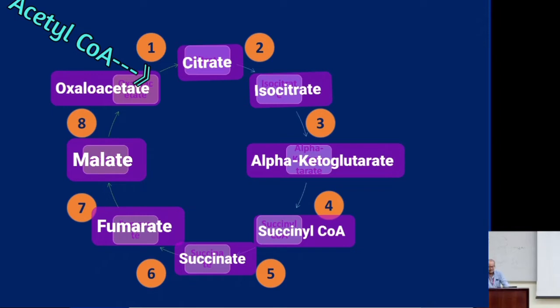Isocitrate is now going to be oxidized. And oxidized again, if you lose a carbon in the form of CO2, that's an oxidation step. So the first enzyme involved in that is called isocitrate dehydrogenase. Here's the CO2. This is just an intermediate, don't worry too much about it, but you're